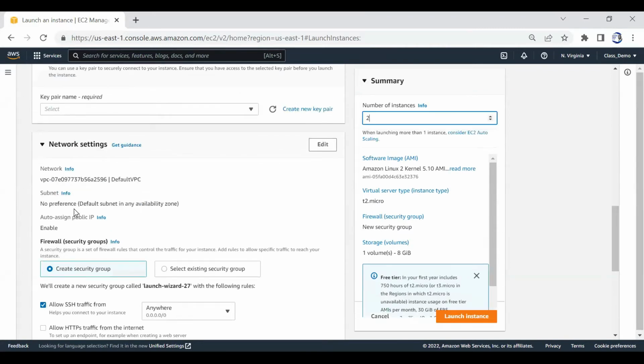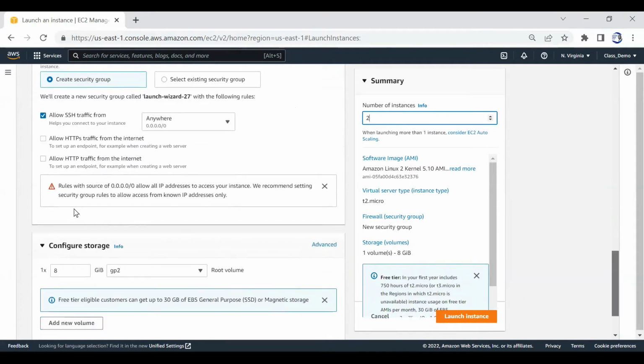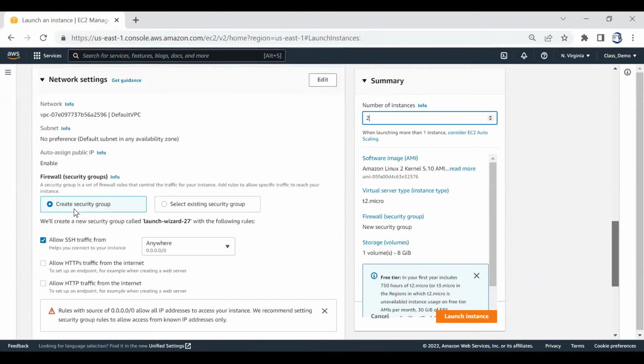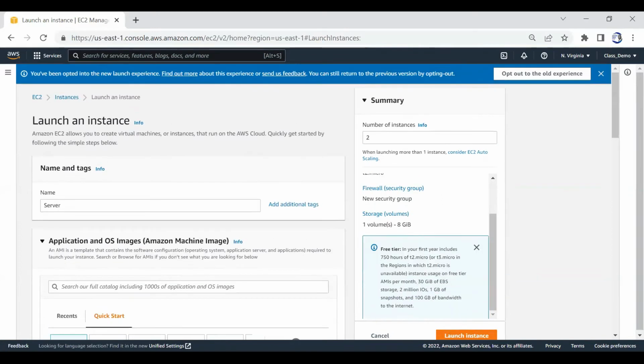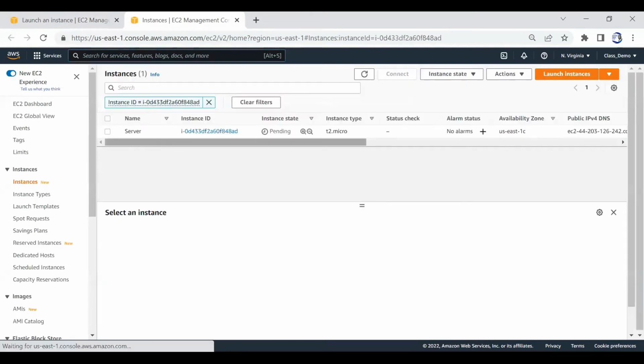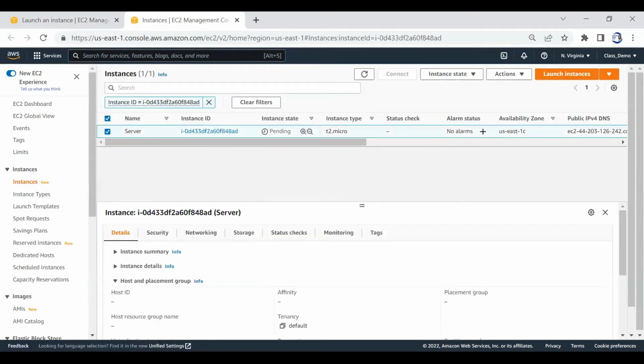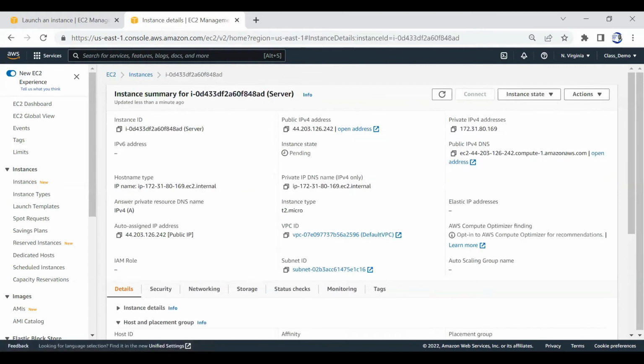So here we'll come to R2 there, and then we use our regular key pair, class key pair, and then launch. Okay, so that is launching. What do we need from here to set up SSH? I said two servers. All right, so we'll click that and then we say public IP address, and then we'll